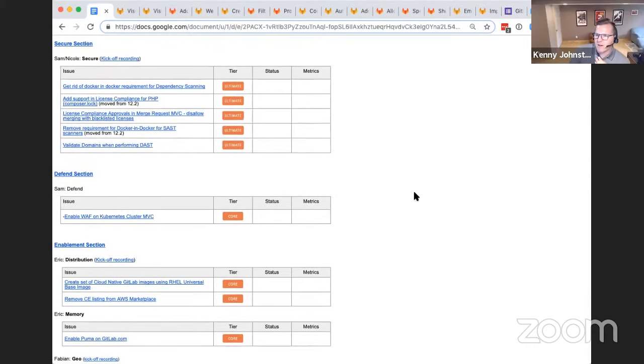So in Secure, we have a number of improvements in removing Docker-in-Docker, one of which in our SAST scanners was discussed in the last kickoff, but we're also doing this same process in dependency scanning. This unlocks some complications involved with the dependencies between using Docker-in-Docker, so that it became difficult for users to set up scans for projects that didn't have the same dependency list as our scanning tools. Sounds very technically complicated, but really what it enables is our users to have more flexibility in how they can do scans and what types of applications they can scan out of the box with our security scanning tools.